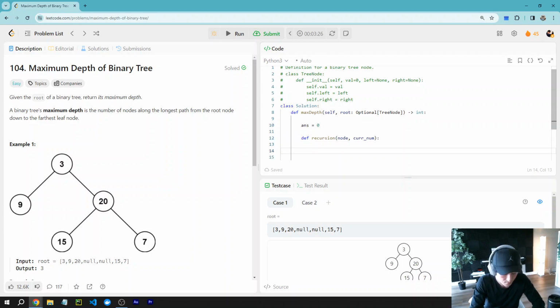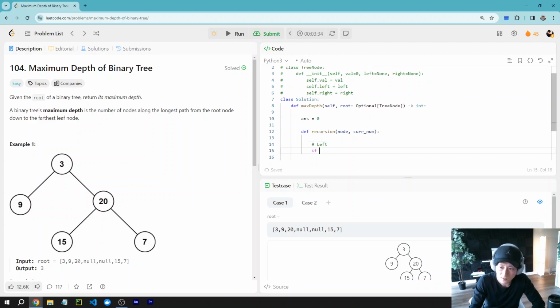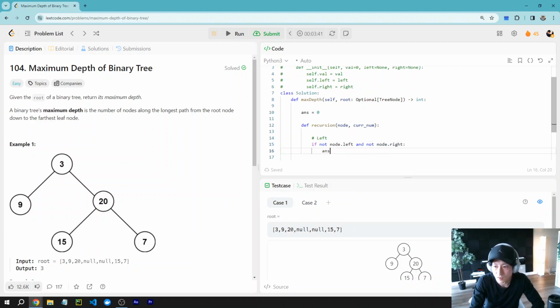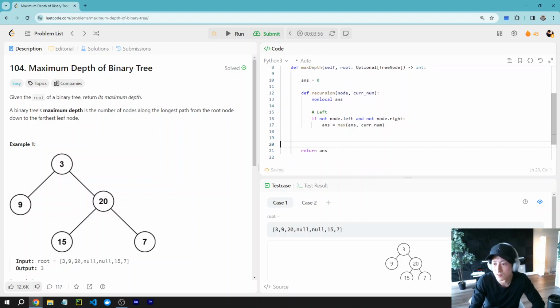Okay, and then if it's a leaf, not node left and not node right, I'm going to update the answer by the current number. And to do that, I need to declare this answer variable nonlocal. And then eventually what I'm going to do is recursion